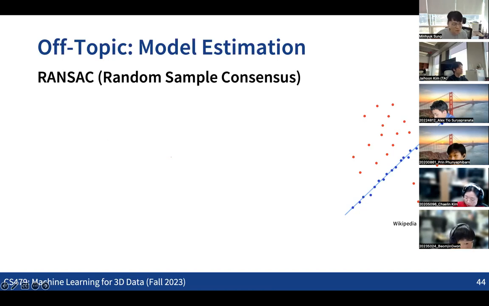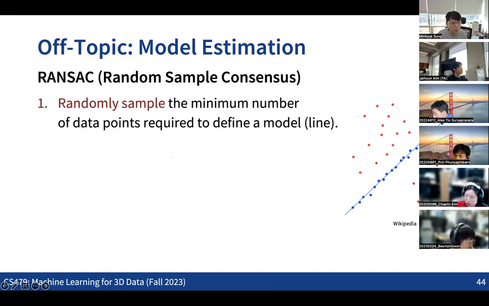So we can first randomly pick a pair of points multiple times, in a way that we can populate some candidates for the model. For a circle, we might need not only 2 points, but 3 points, right? For other kinds of models, there might be a minimum number of data points needed to define a single model. In the line fitting case, we just need 2 points to define a model, which is the line in this case, right?